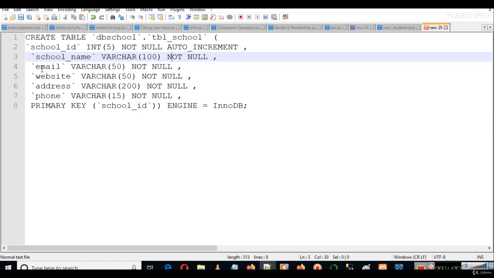And similarly, all the columns are written, and then at last primary key is written, and primary key is applied to school ID. Engine is equal to InnoDB. Again I will explain about this also, and again I will recreate this query for you from scratch, and you will see